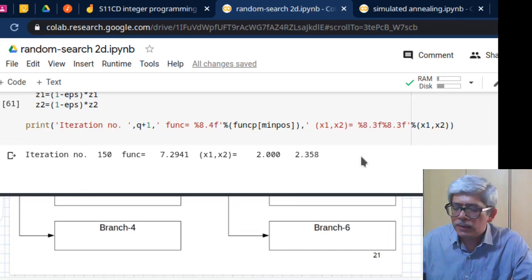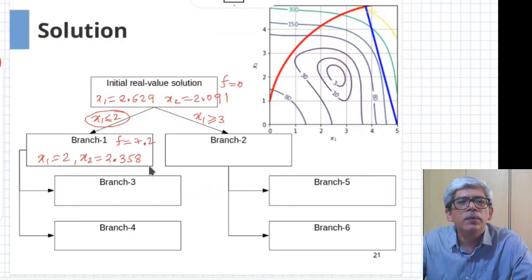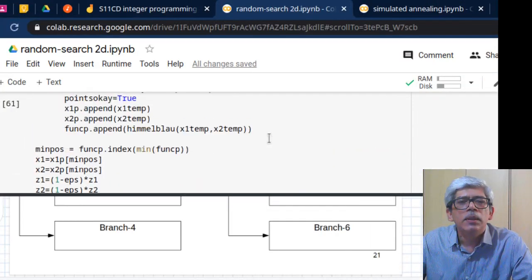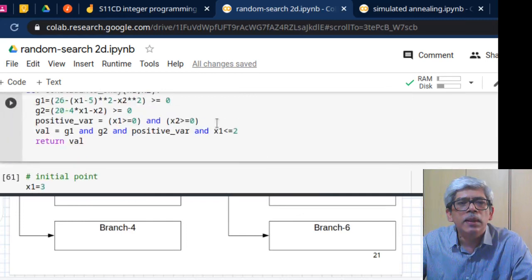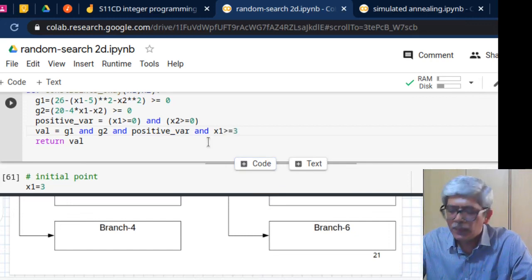Similarly, I need to take the run for the second branch. The second branch is x1 greater than or equal to 3. So I will add that constraint, x1 greater than or equal to 3.